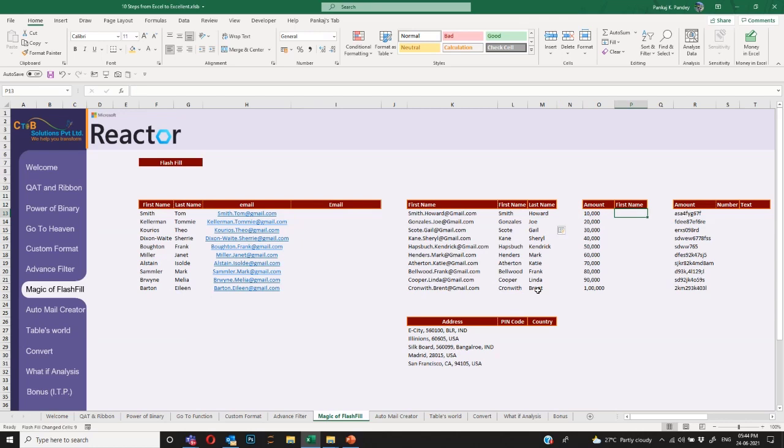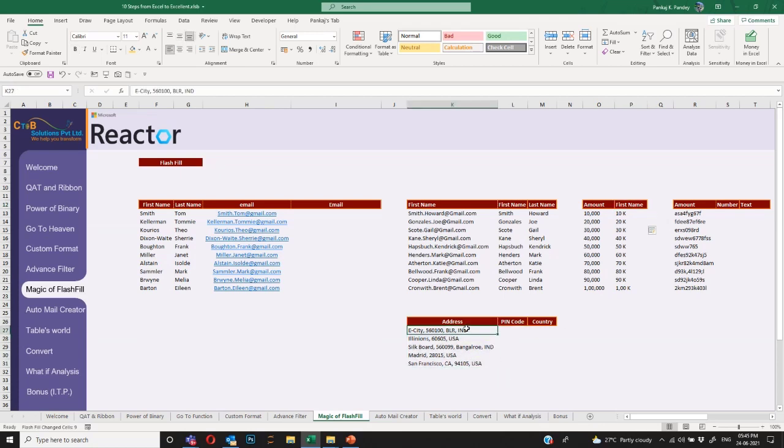Similarly, here is the amount. I want to change the formatting of that amount, but I don't want to divide. So I want this under 10,000 to look like 10K. Rather than dividing this by 10,000 and then adding K into it, I will just type 10K. Then I come here and press Control E. Automatically it will change to 20K, 30K, 40K, 50K, 100K, whatever the number is, it will change it to that number.